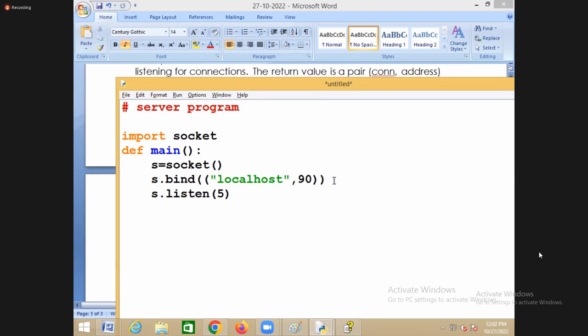But if the sixth client tries to connect, it will be refused because the maximum number of connections is set to 5 only. Then here I display the message that the server is running and waiting for